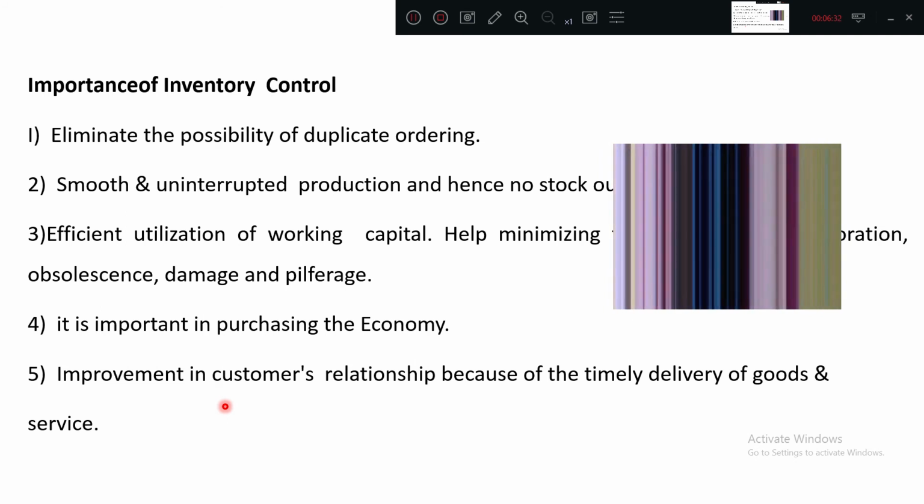So continuous running means your owner will be very happy, so he'll make the payment in a proper way, so both are happy. Okay,